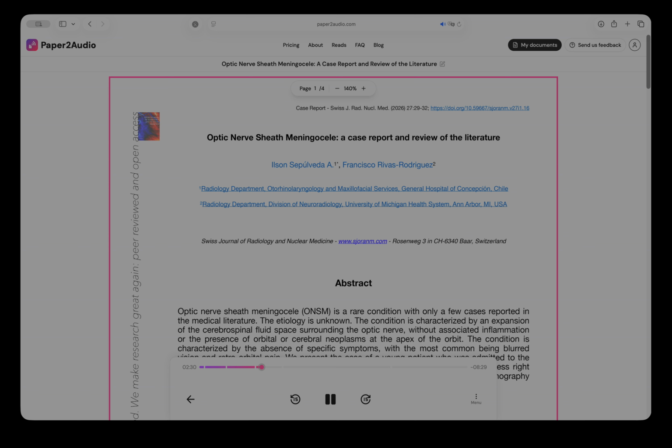Discussion. ONSM is a rare condition involving dilation of the nerve sheath. This dilation creates a cavity filled with CSF around the optic nerve without any underlying pathology such as inflammation, orbital, or brain neoplasia at the apex of the orbit. Bain was the first to describe optic nerve sheath dilation in 1918, referring to it as an optic nerve dural sheath cyst. Garrity et al. described an optic nerve sheath meningocele in a historical article on 13 patients.